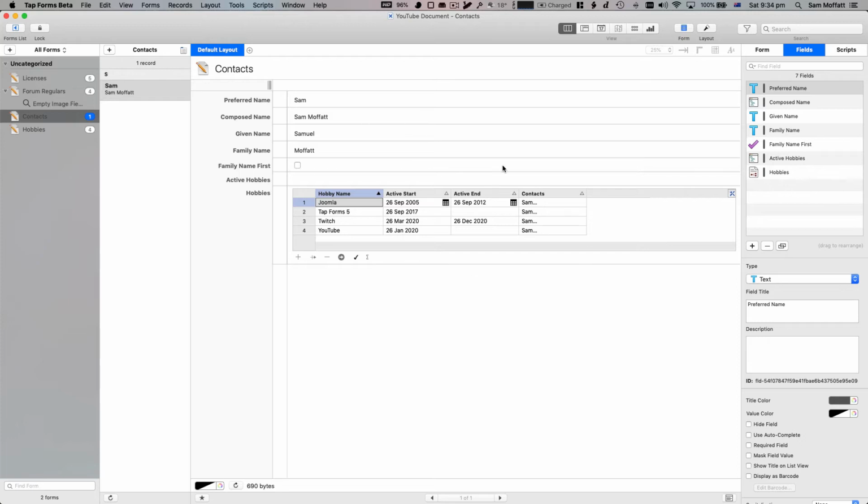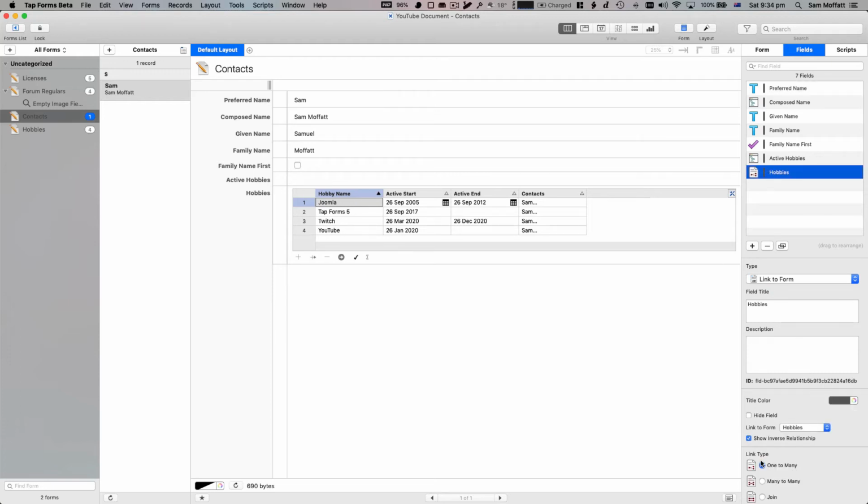Now, if we did a table field, we would actually model a very similar setup, except this link to this form would be implicit. It wouldn't be an extra field or link that would otherwise be available. And we can see that this particular link type is one-to-many. So that means that